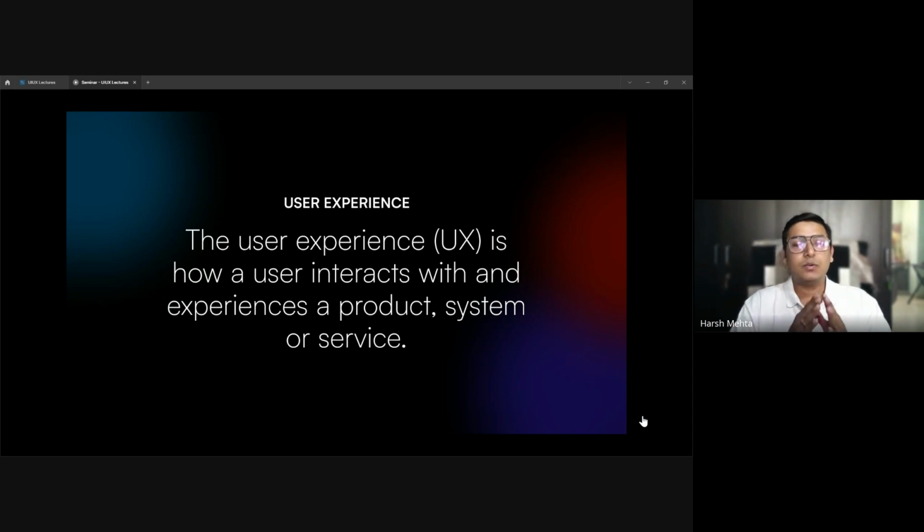ठीक है. Now let me give you a very small journey of a product, whether it's a mobile app or a website, so you get an idea where do you stand. So जब कोई एक प्रोजेक्ट आता है, क्लाइंट एक रिक्वायरमेंट लेके आता है हमारे पास, ठीक है, सो हम क्या करते हैं, सबसे पहले रिक्वायरमेंट गैदरिंग, जिसमें यूएक्स टीम इन्वॉल्व हो सकती है, यूआई टीम इन्वॉल्व हो सकती है, डेवलपमेंट टीम भी इन्वॉल्व हो सकती है.